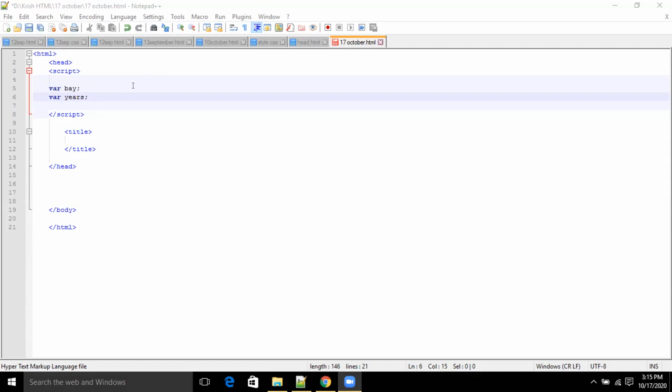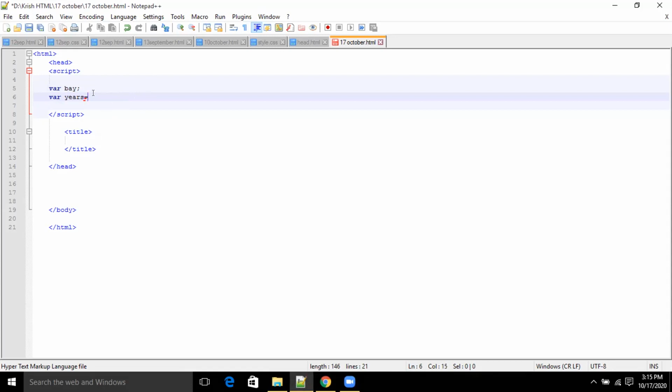There is no data inside it. So we can assign a value to this particular variable also. To do that, can you put var years equal, let's put equal after that. Just remove the semicolon, it will always be at the end of the statement.